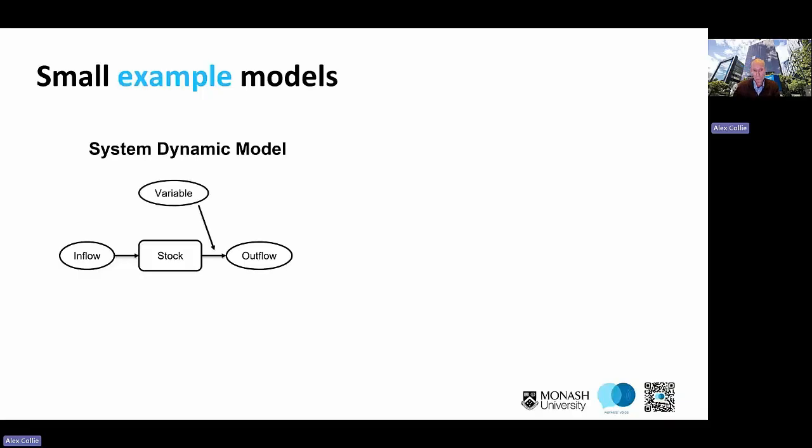And then we have variables which might influence things like the outflow. How many people actually leave the system? That might be influenced by the policies in place within that system and whether or not a scheme is able to pay redemptions, or the duration of time for which income benefits are available, all those. So you can imagine any number of variables which might influence that sort of outflow.